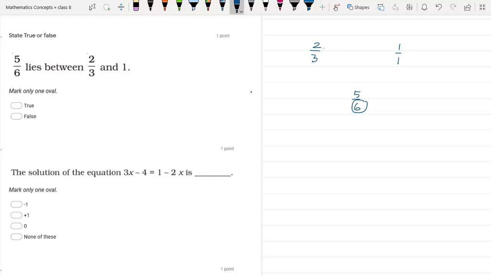So let's make the denominator 6 by multiplying this by 2 upon 2 and this side by 6 upon 6. This becomes 4 upon 6 and this becomes 6 upon 6. Obviously, these are equivalent fractions. If you go to the next term, that will be 5 by 6 only, which is asked in the question. So we can confirm, yes, 5 by 6 lies between the given numbers. One more way is there. You can find the decimal values of these numbers and then you can find. Okay, but this one is the easier one.